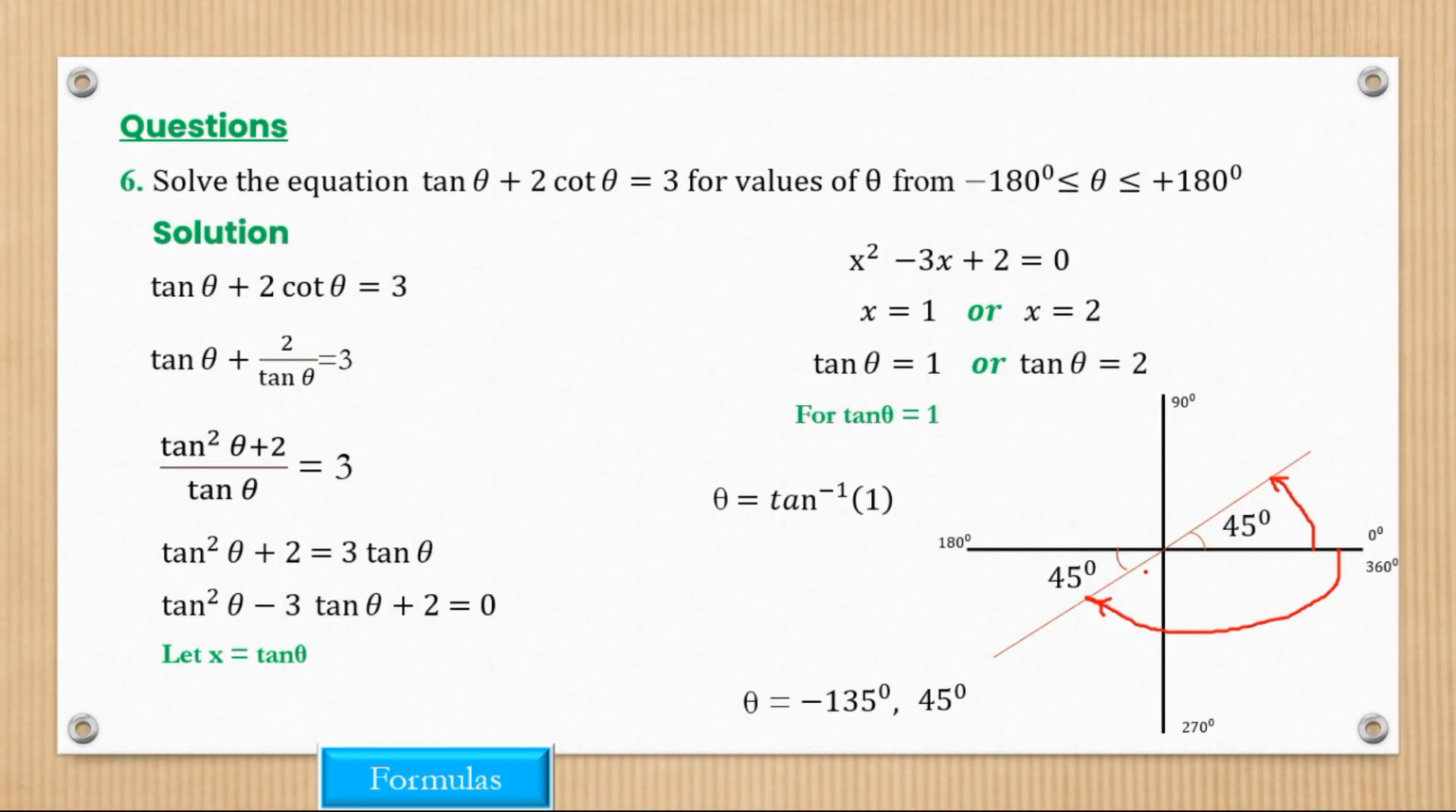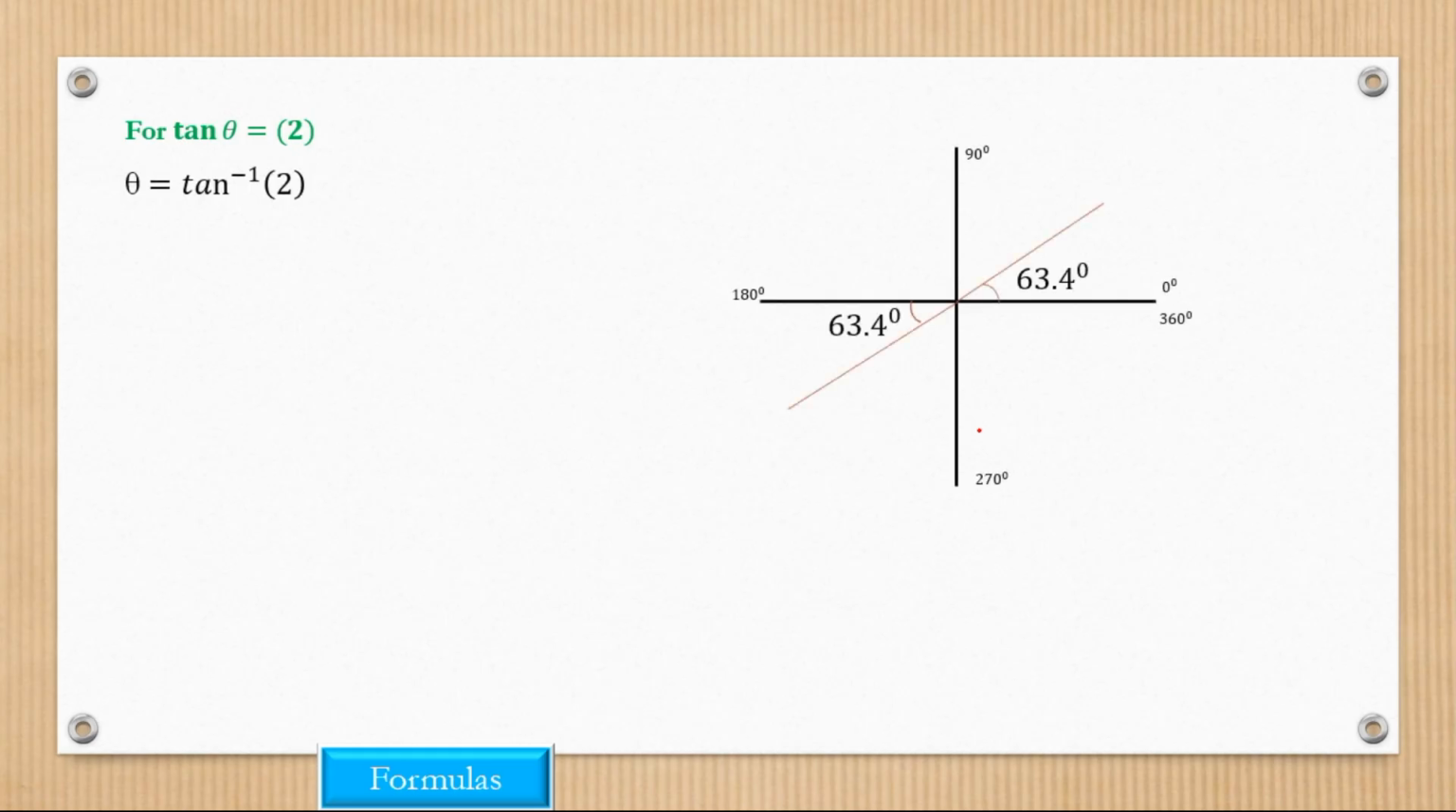Remember, negative 135 is a smaller value than 45. That's why I placed it first. I prefer arranging from largest to smallest, but that's how we get the values right here. So that's for tan theta equal to 1. How about for tan theta equal to 2? For tan theta equal to 2, tan inverse of 2 gives us a value of